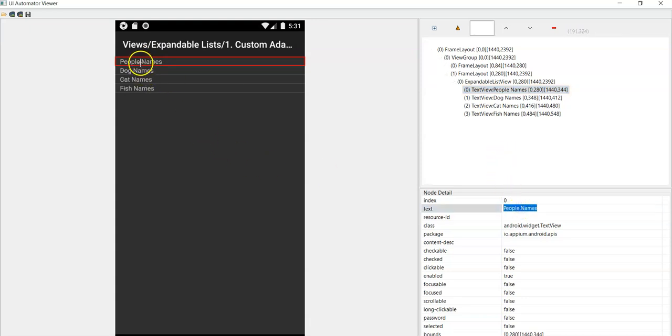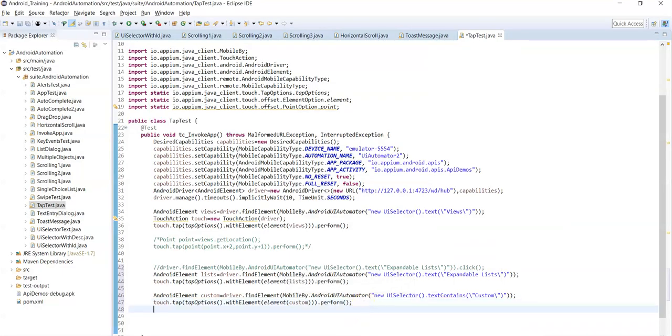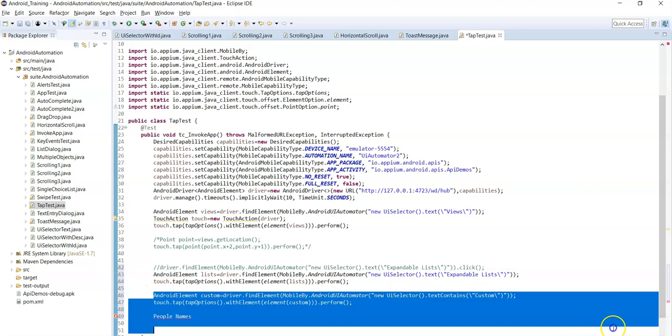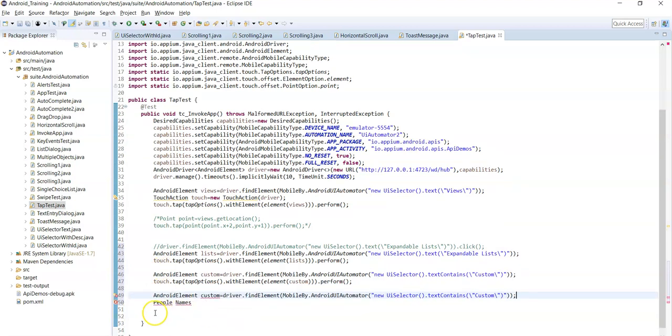So you can identify the people names element using the text attribute value. You can use a text. Now change the variable name. You can give any name, for example people.